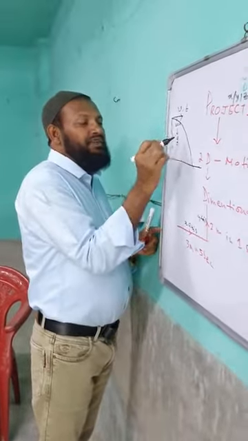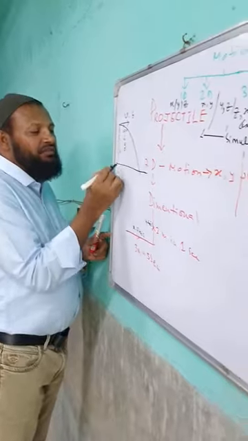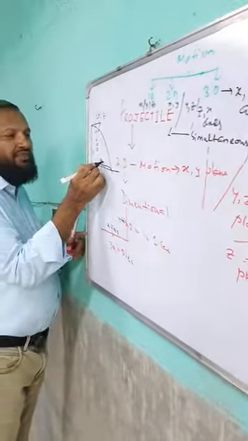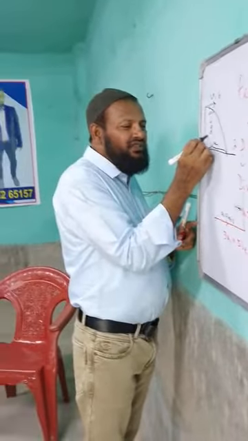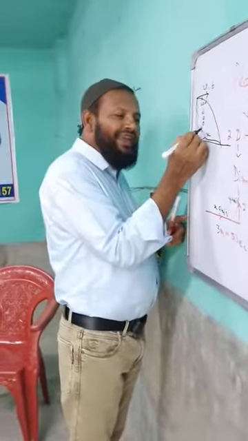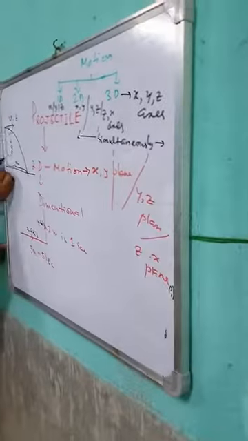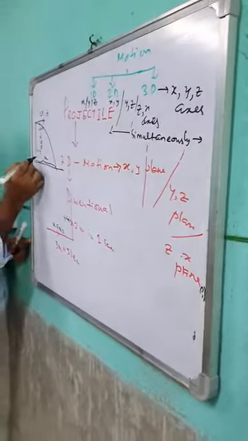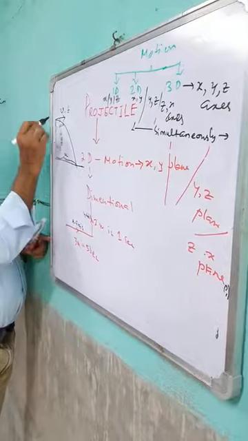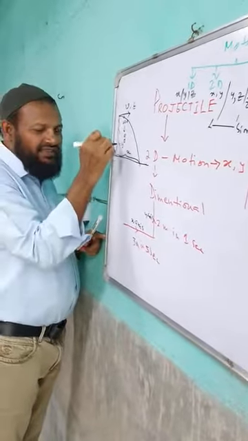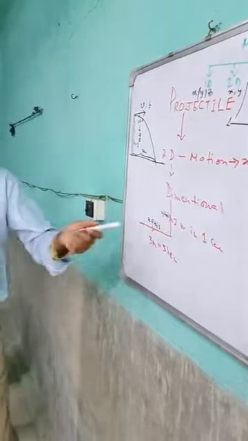So what is happening? Simultaneously, suppose body reaches here, this is the x displacement, and this is the y displacement or h vertical displacement. These two displacements are taking place simultaneously. This is x axis and this is y axis. They are taking place simultaneously. Look, this is moving, this is also falling. In this direction and in this direction, both are taking place simultaneously.